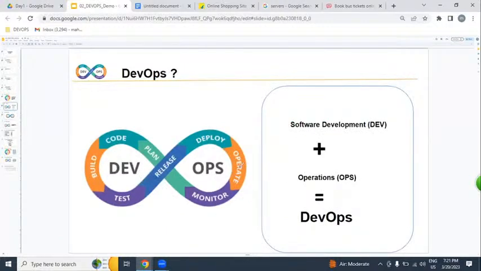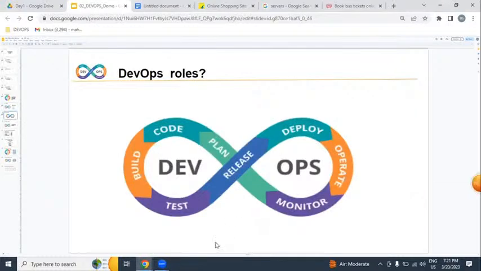Dev environment. Ends with operation. That means in this DevOps process, we are part of coding, integration, testing, release, deploy, operations, and monitoring.